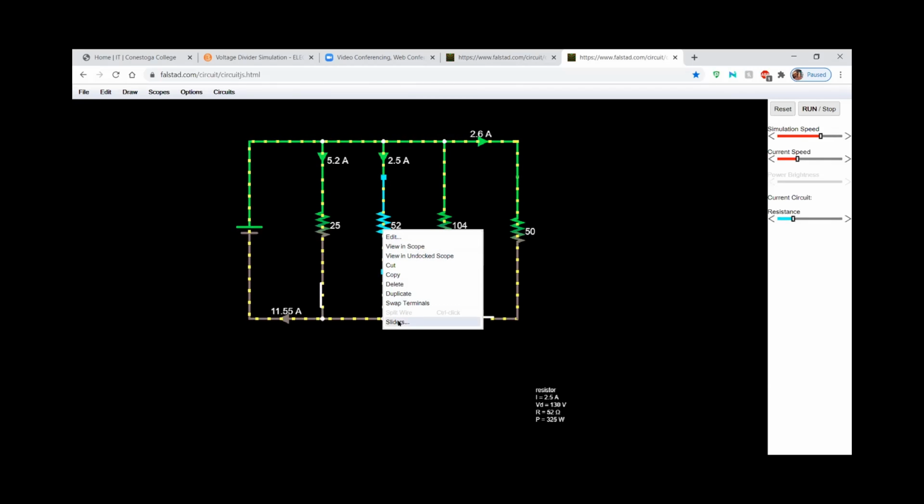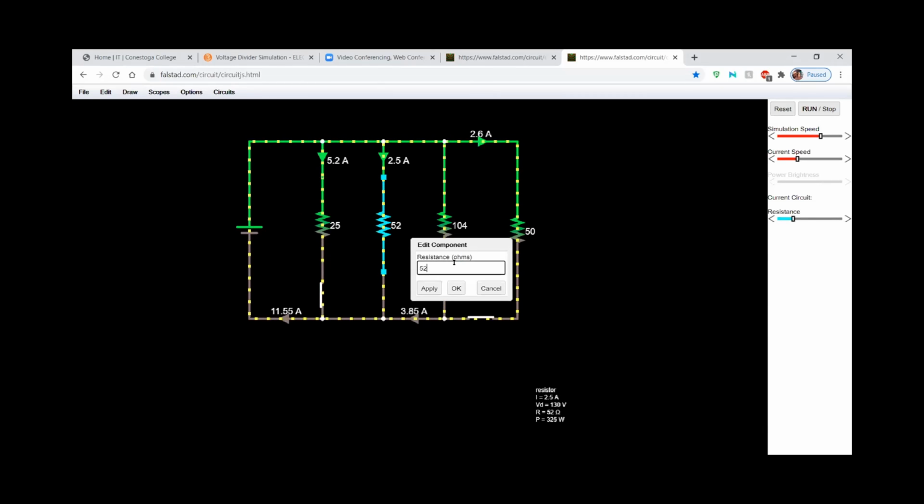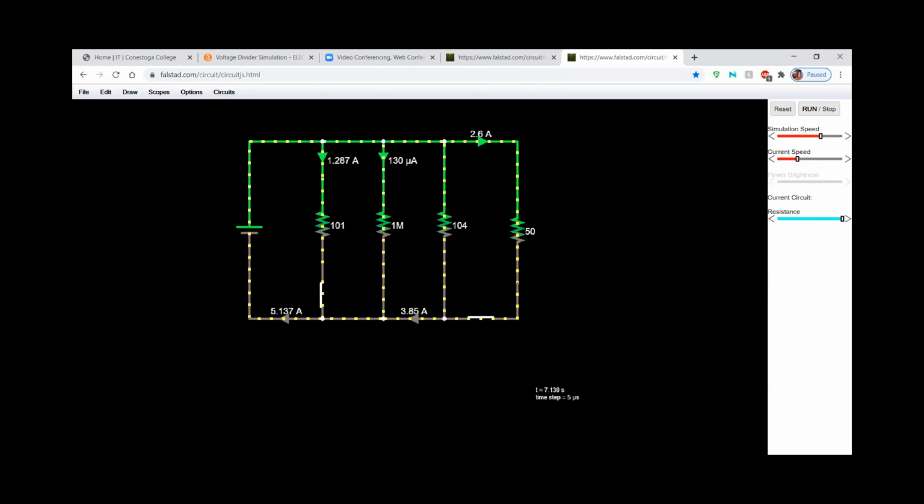Perfect. So in order to do the simulation this way, I'm just going to increase the resistance dramatically, just to simulate that it is open. So if the resistance was increased dramatically to 1 mega ohm,